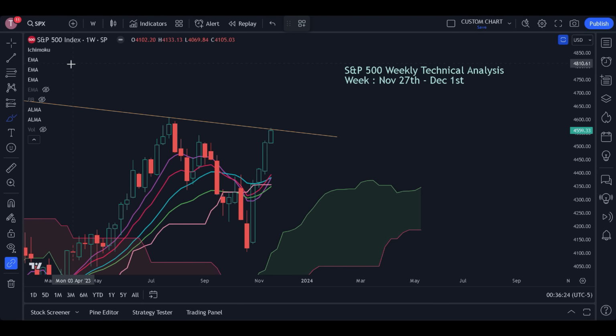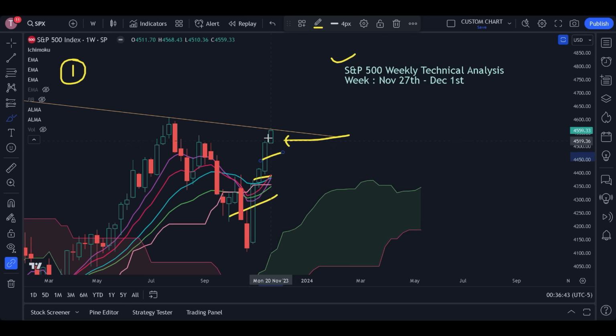Now guys, I am going to discuss the first point of the agenda of this S&P 500 weekly technical analysis. This is the weekly chart. Weekly chart means one candle represents 1 week, not 1 day or 1 hour. If you look into this, the last candle is a good weekly bullish candle. This candle is the fourth in a row, 4 continuous bullish, heavy candles. Also, this candle has clearly breached the previous high that was there in the last week of August.